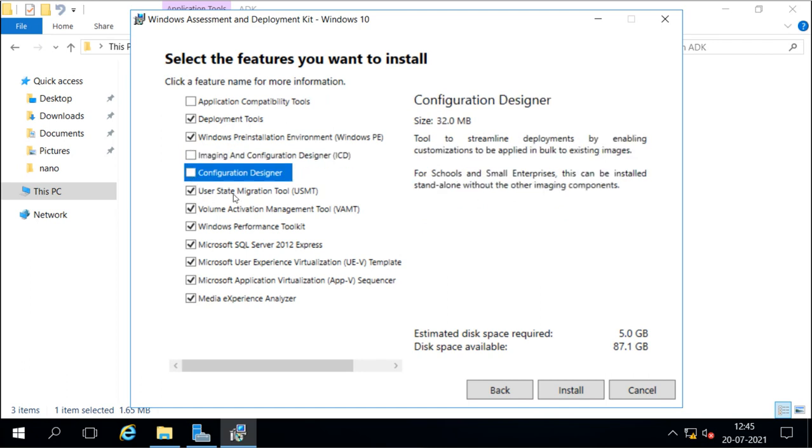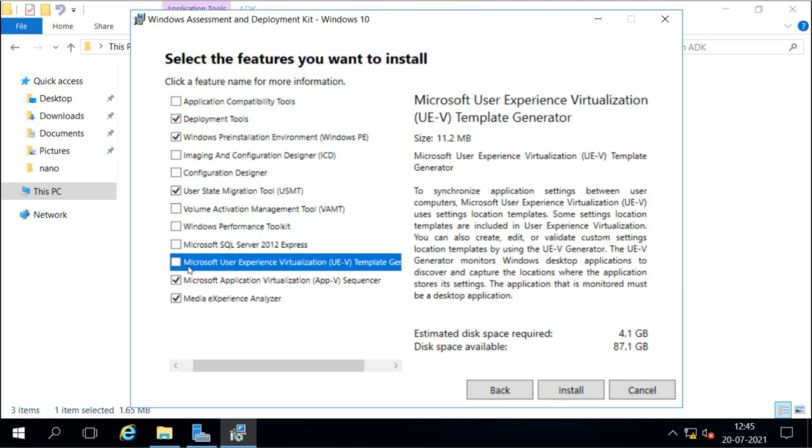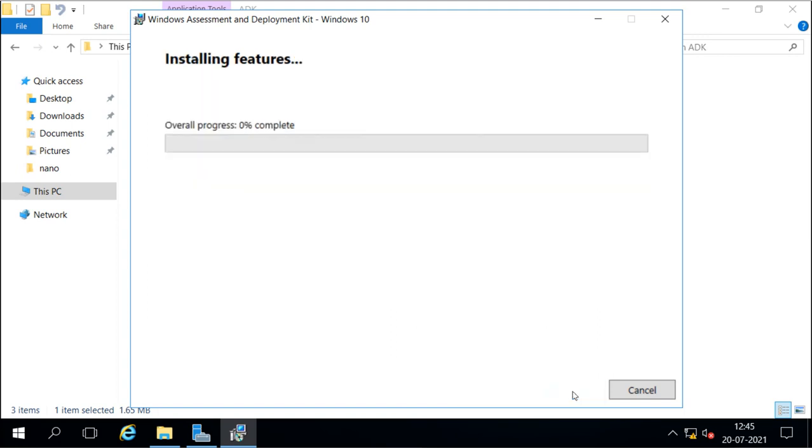These are the required features I need. So I will select only those features, and they come to about 3.9 GB. I will install it. Now this installation will take a little time. Then we are going to install the MDT.